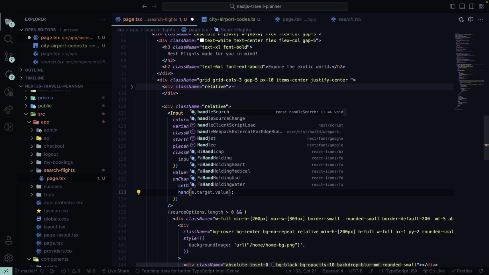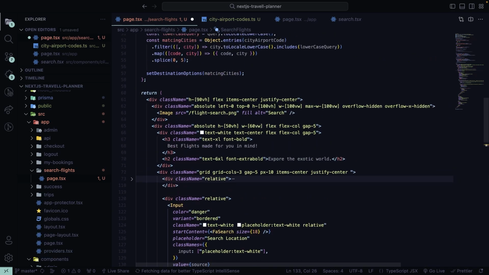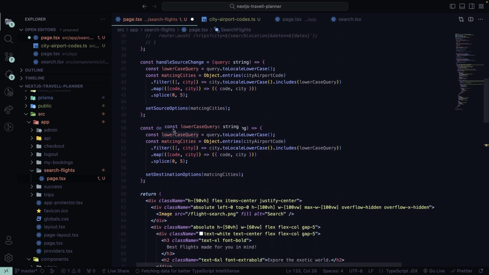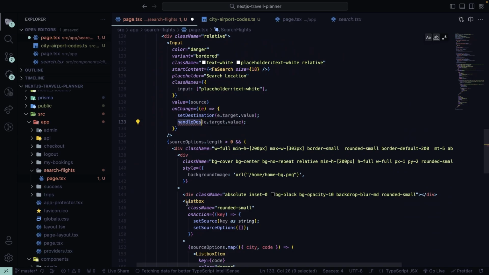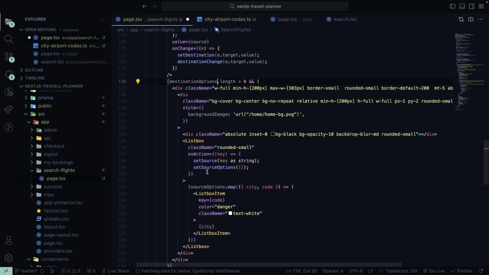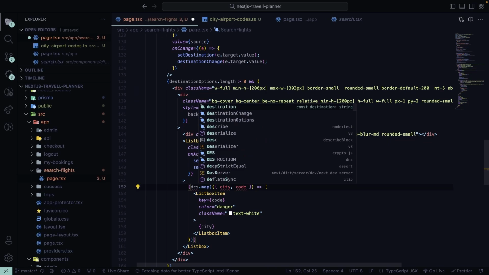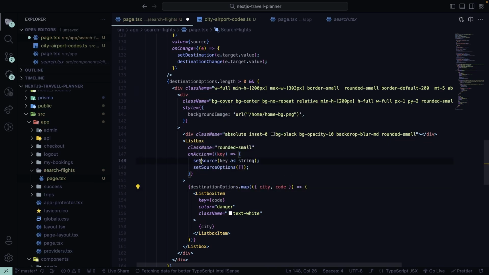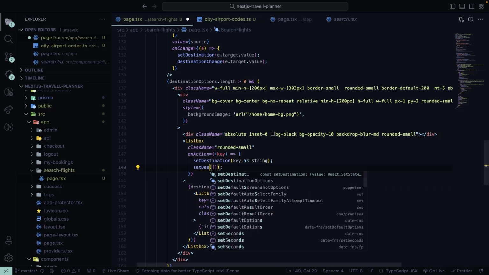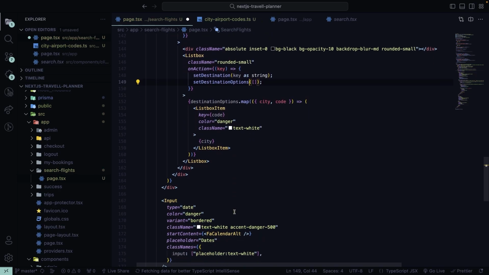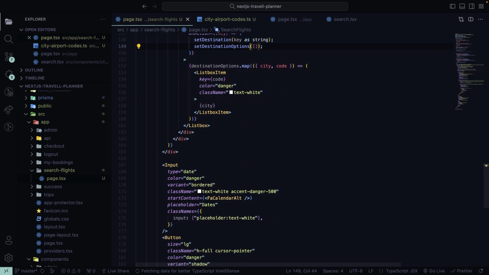What name did we give it? Handle destination. Let's check here. Okay, it's destination change. Let's write destination change. Then have destination options, and this is going to be destination options as well. This is going to be set destination and set destination options. Save it, and after that,